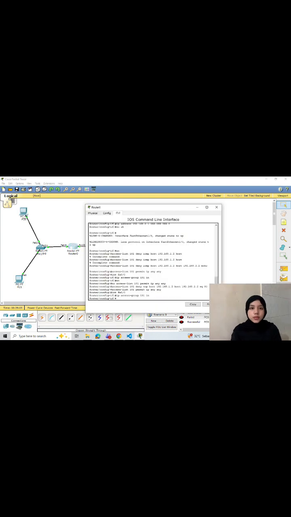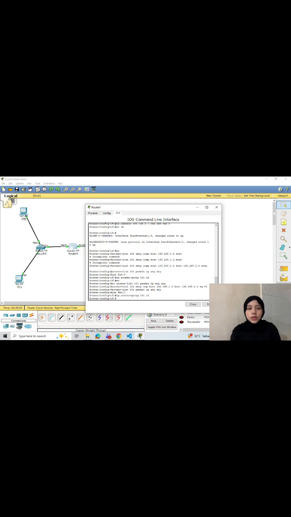Next, advanced access control list testing. In this advanced testing step, ACL rules were modified to control other types of traffic such as HTTP access on port 80. This testing was performed to show that ACL is not only used to block ping traffic but can also control specific network service.